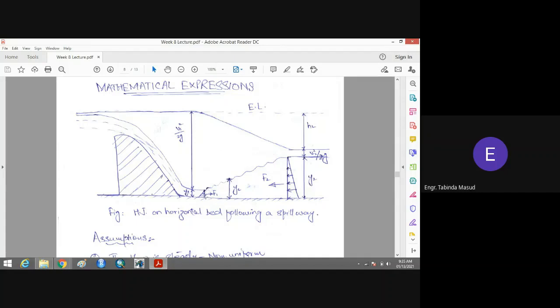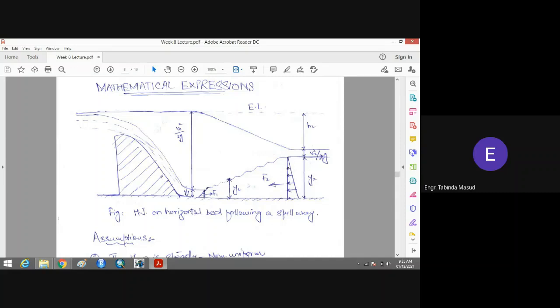Horizontal distance कितना आपके पास? आप देखिए, हाइड्रोलिक जंप यहाँ से शुरू हो रहा है और यहाँ पे खत्म हो रहा है. तो ये आपके पास छोटा सा स्मॉल हॉरिजॉन्टल डिस्टेंस है, लेकिन आपके पास डेप्थ ऑफ द फ्लो में एक अप्रिशिएबल चेंज आया है. दिस इज नोन एज द रैपिडली वैरिड फ्लो.